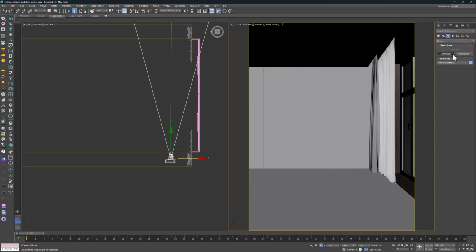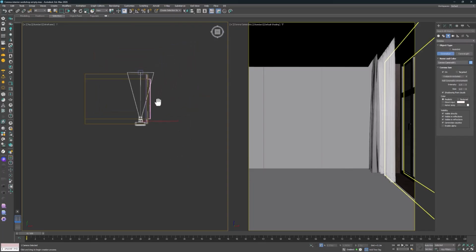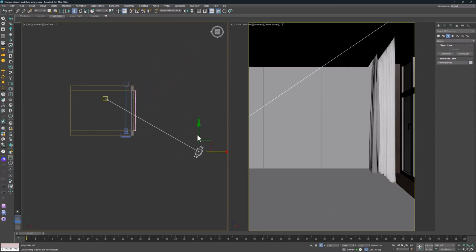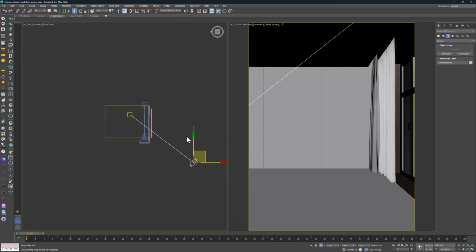For lighting, I go to the Lights section under the Corona category. We have Corona Sun, which is used to create natural light, basically the sun and sky, and Corona Light, which is for creating artificial lights like chandeliers, lamps, hidden lights, and halogen lights. First, I'll control the natural light in my scene. By clicking and dragging into the project, I can create the Corona sun, and by adjusting the angle, I set